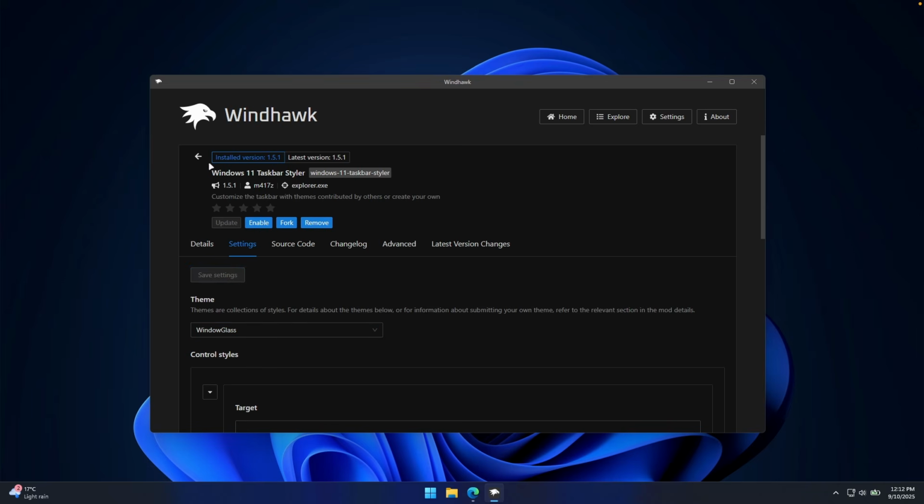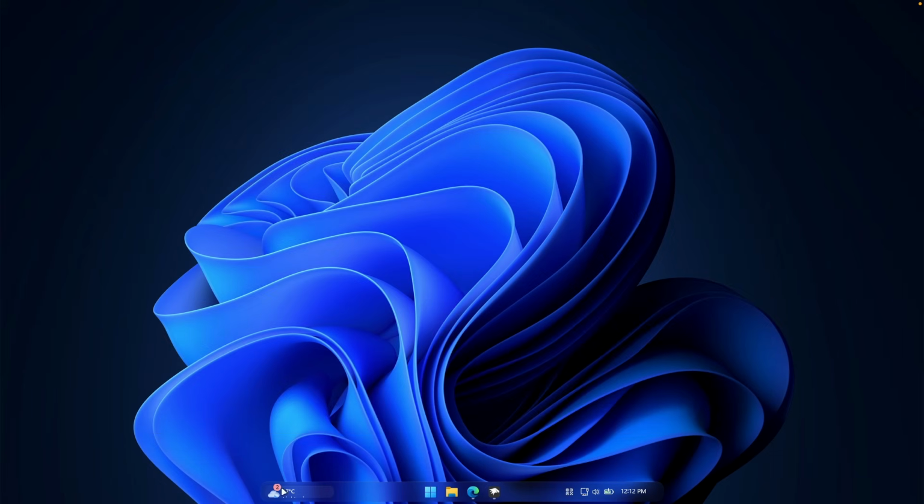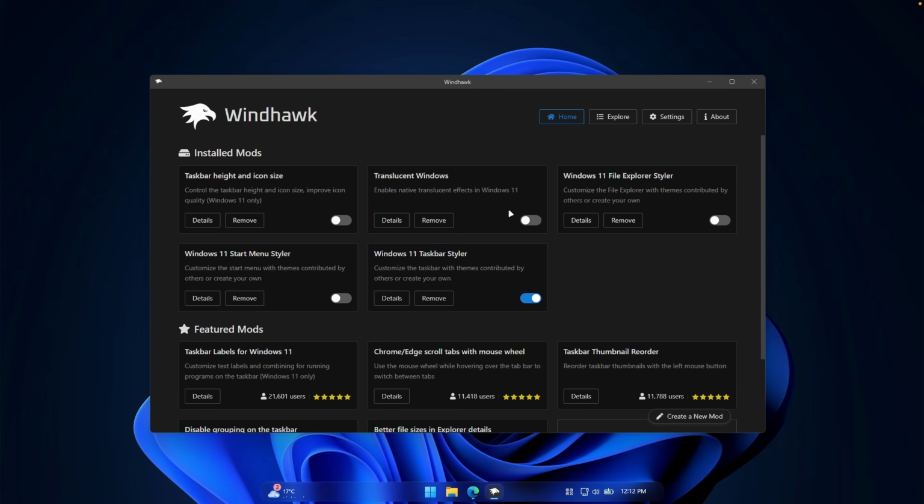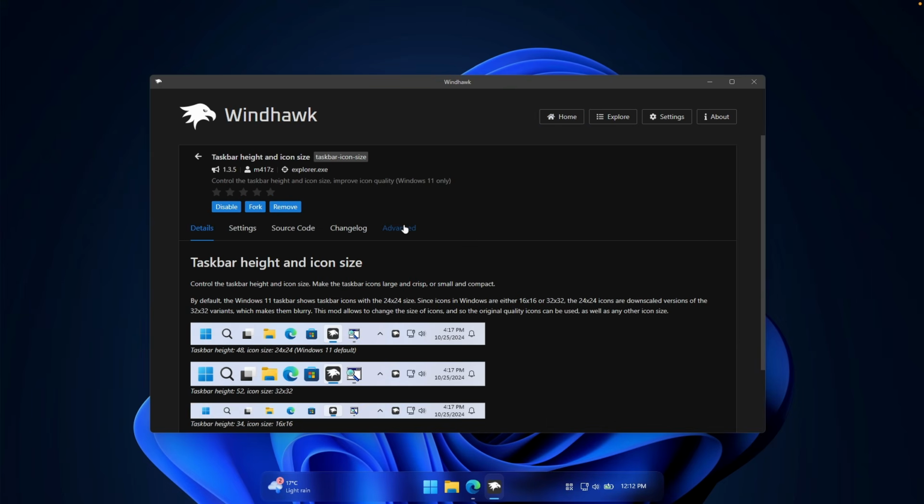So just like this, and now you should see here this brand new taskbar. I think it looks very nice. It also has this animation for the system tray icons. And now one thing which we can also do here is to modify its size. So for that, we will have to install this modification. It's called taskbar height and icon size. So make sure that you turn it on. And then for the details here, you will have to go to the advanced